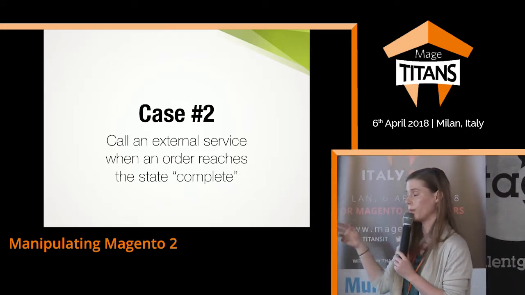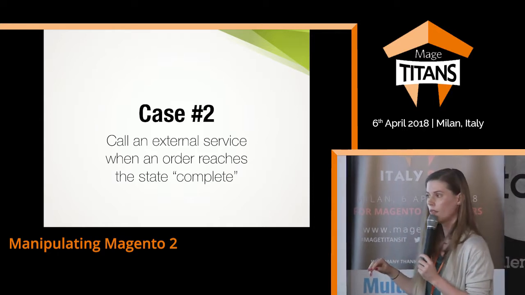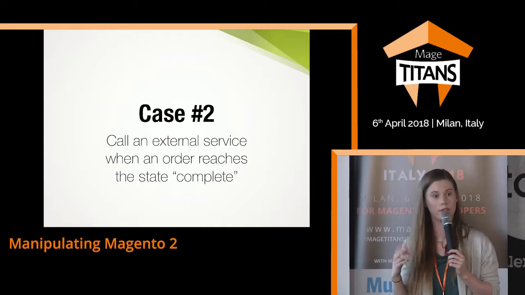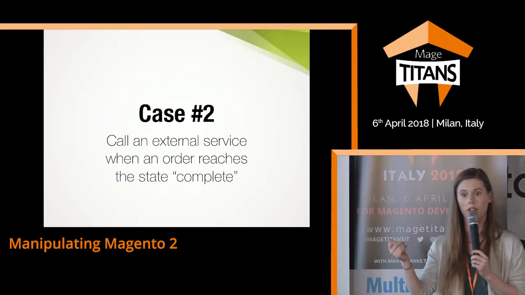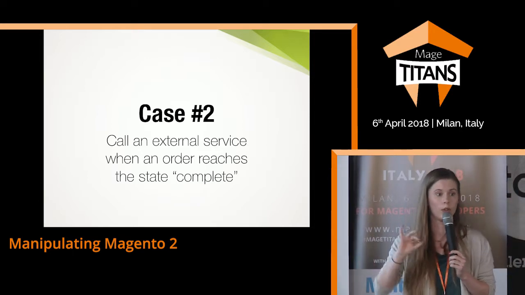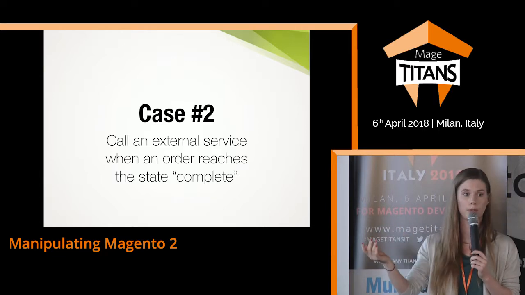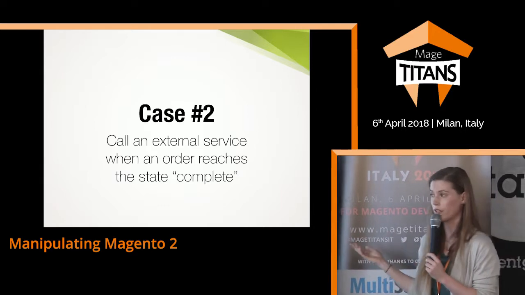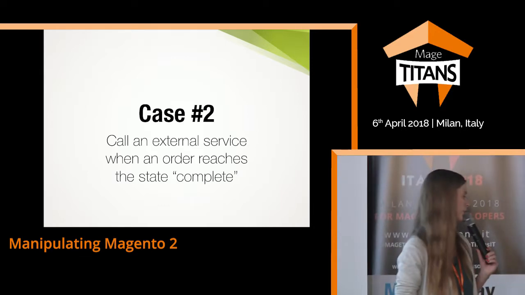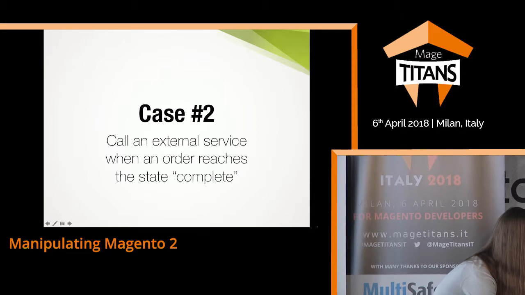The order is also passed to this event, so you can use it to retrieve the original data and the data that's set on the order now. We can compare the states and see, oh, it has been changed to complete, and then we can trigger the external service. So in this case, I would recommend to use an event. Then our third